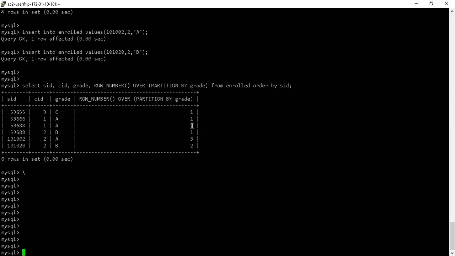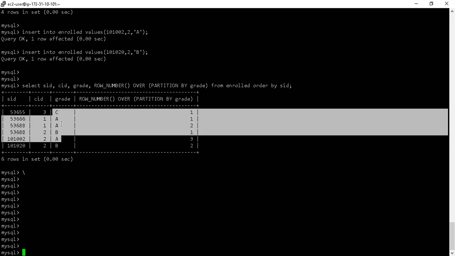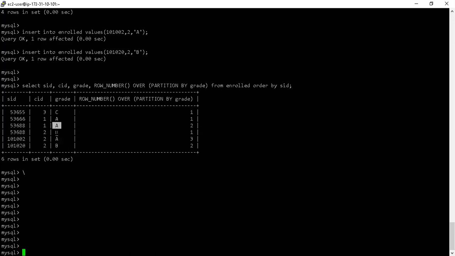The next value it takes is this A, right? Because it has to partition by grade. So first of all, it checks grade, and then it checks this. So it takes A, and then it takes B. If I go by the occurrence of the grade, first it takes this, and the second it takes is 1 because this is lower than this.